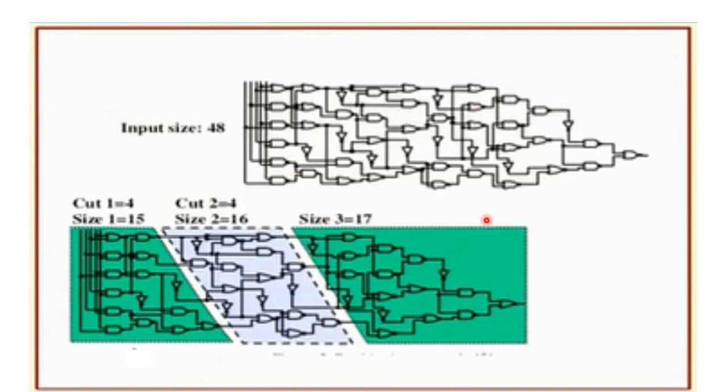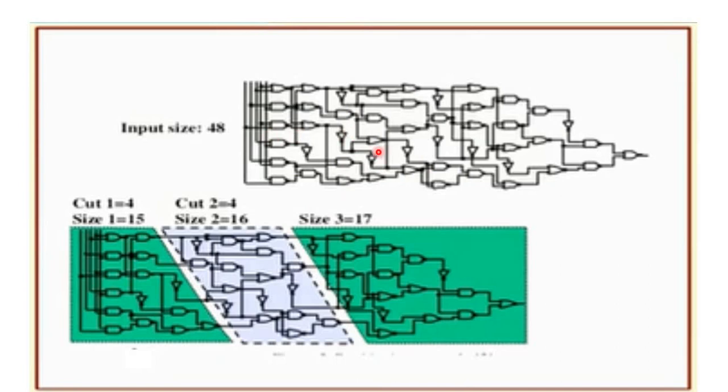So the total size of this is nothing but 48. Suppose I have a very big design. I am capable of fabricating 1 million gates in my chip. But in my design, for example, 2.5 million gates are available. So I have to break these gates like that. I have to partition my design into 3 parts. Why? Because I am capable of fabricating 1 million gates in the chip, but in our design, 2.5 million gates are available.